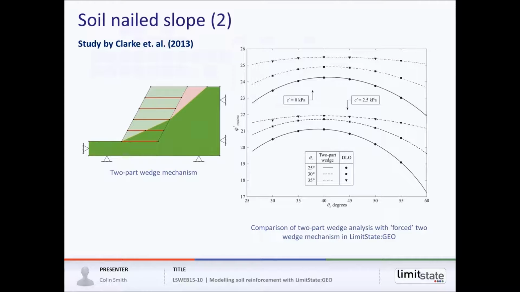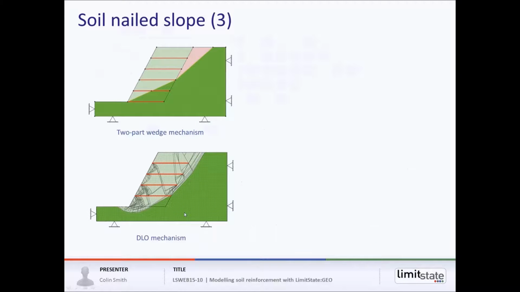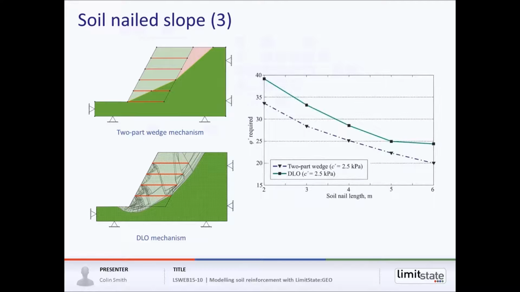that example was adapted from one by a paper by Clark et al. in 2013, where they looked at different values of c'. They looked at 2-part wedge mechanisms, initially the classical approach, and plotted out strength profiles. It's also possible to force the software to model two wedge mechanisms if you really want to, so you can constrain it only to be able to model those, and the first part of the paper is able to show that the software is then replicating exactly the classical hand calculation,